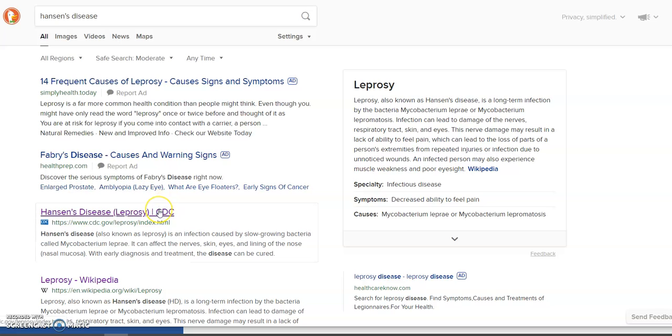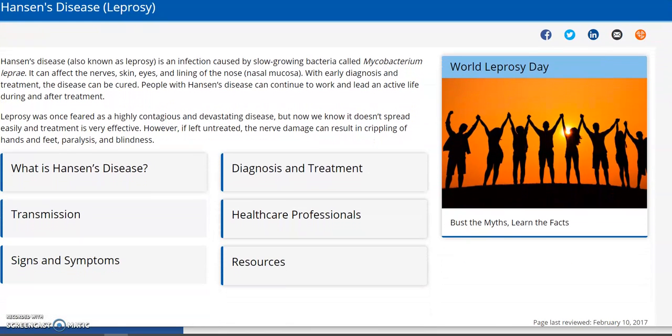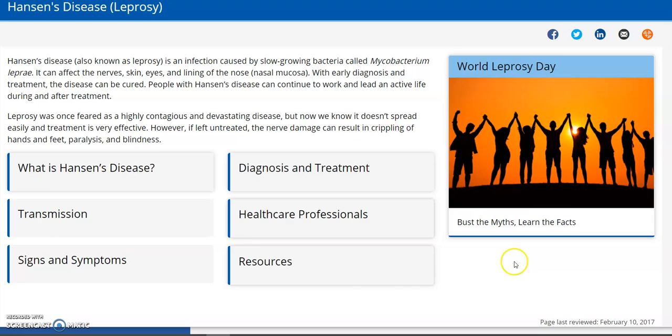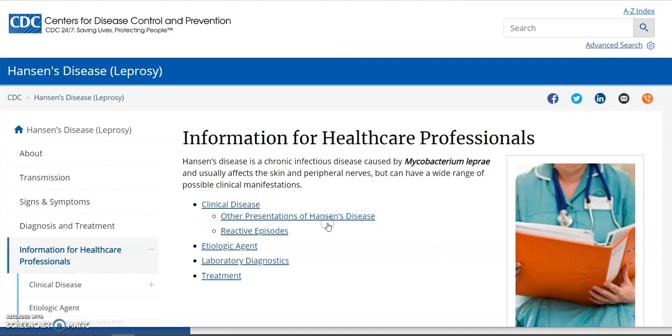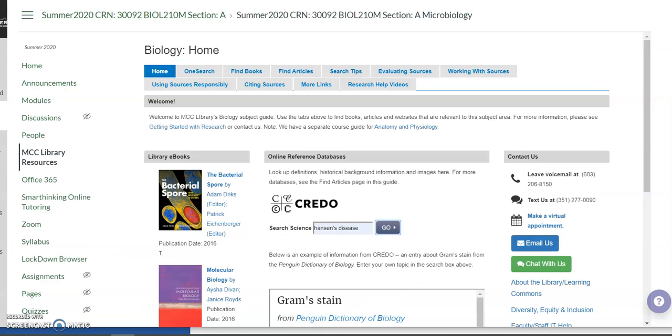Another one of our results was the Hansen's disease entry at the Centers for Disease Control. This is going to be another very important source for you throughout your career as a health professional, really. The Centers for Disease Control has all kinds of great information. We'll go into more about what's on their site in another video, but you can click into these different sections and open the information. Now, they don't have a citation button, so I just want to point out that